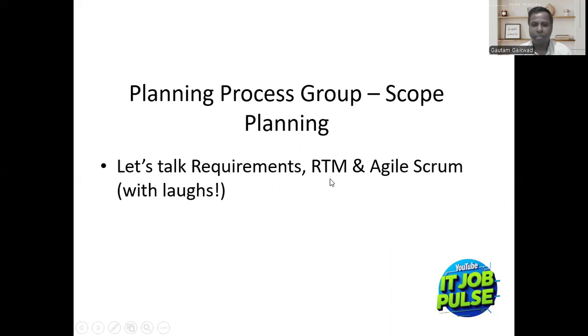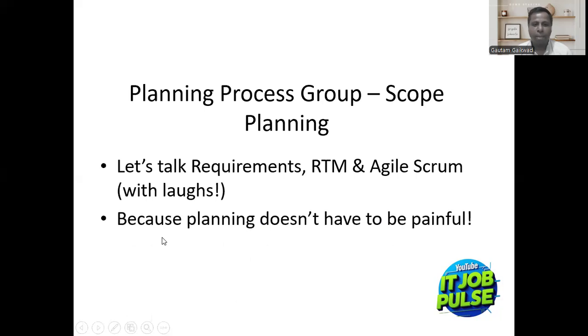So RTM is nothing but requirement traceability matrix, like ATM, anytime money. Whenever you want to know from where the requirement has come, from whom the requirement has come, and what is the need related to that requirement, you can find that in RTM, that is requirement traceability matrix. And of course, we are going to do it with labs as usual, because planning doesn't have to be painful